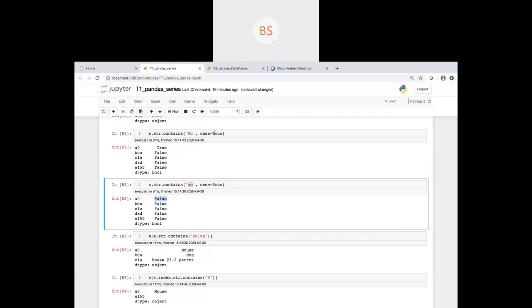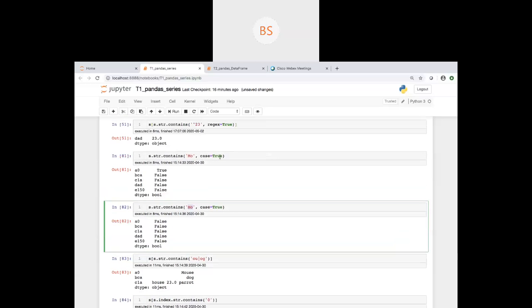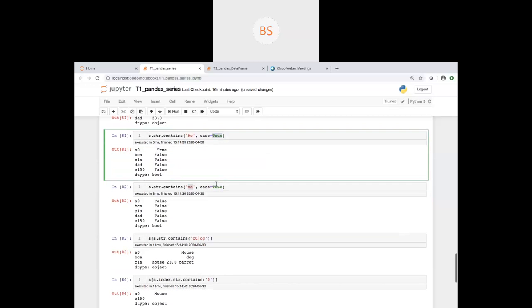You have enabled the case sensitive feature, but you are not giving an exact case like capital M and O, so it will not match. To make it match, you have to give an exact match. If you make it false, now it is matching, because you are not making it case sensitive.